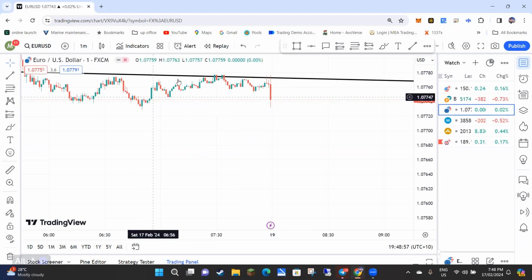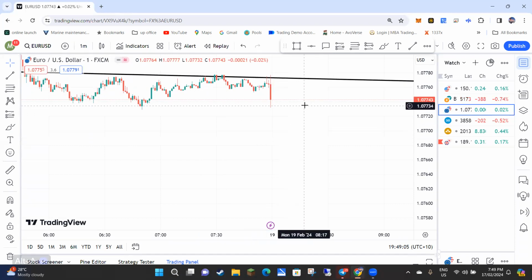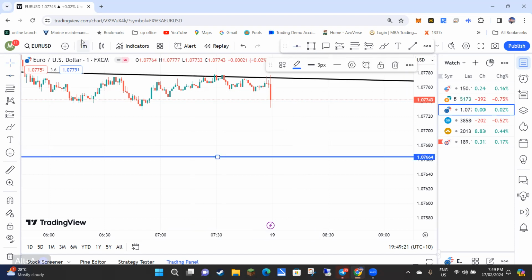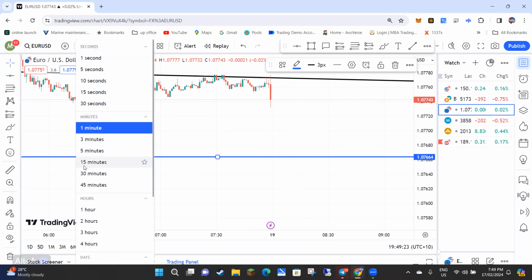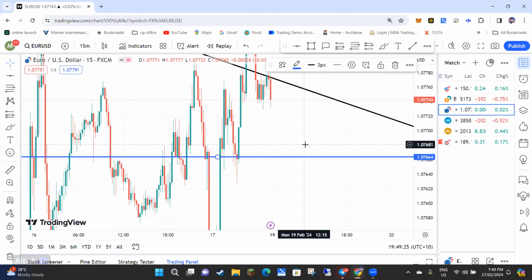So for example, if we were looking for that market structure to change, at the moment the market structure was going up, we'd be looking for a lower low, a lower high, a lower low. That might be a good place for us to get into the market, about there. Whereas if we were only looking at the 15-minute time frame,